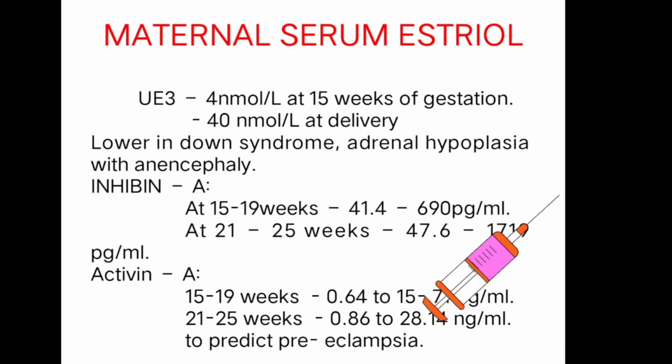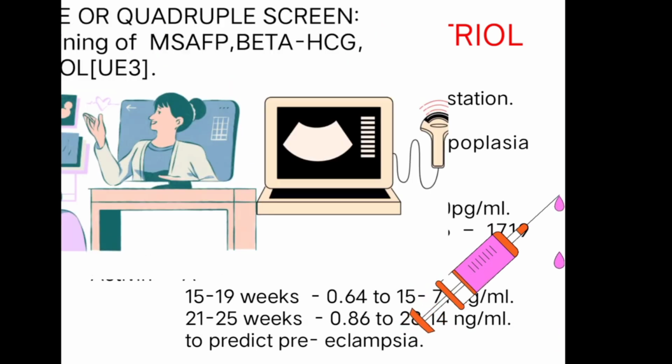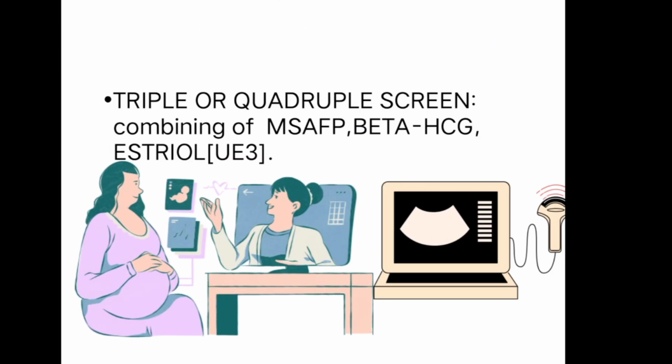Next is inhibin A. We will check the inhibin A value. Why? Because before that we should know what inhibin is. It is a hormone produced only during the pregnancy, used to screen for any fetal abnormalities. So here also we have normal ranges. If it is elevated, it means that they may have Down syndrome or preeclampsia or fetal